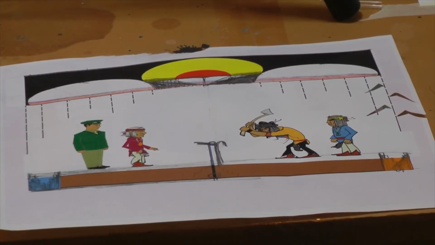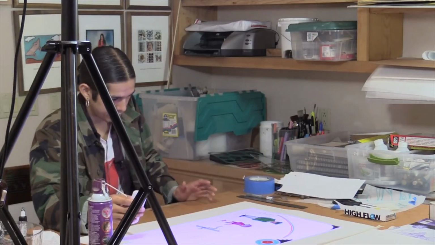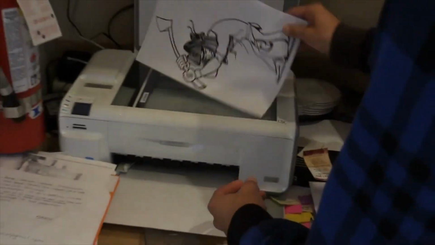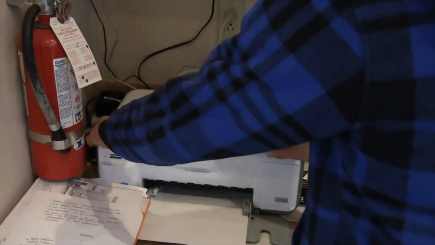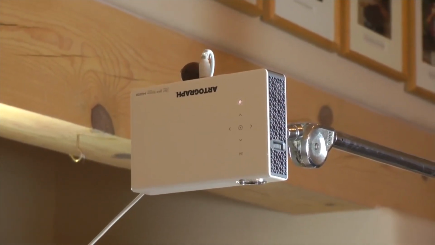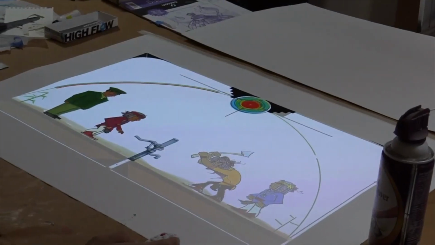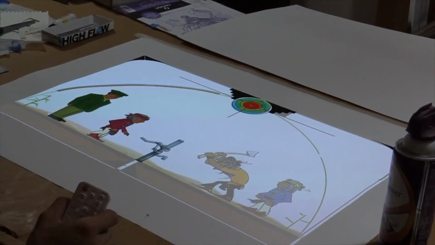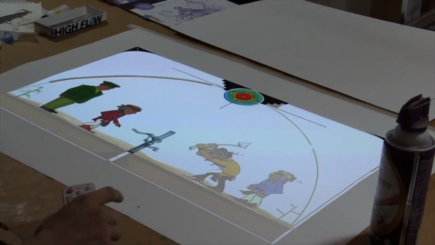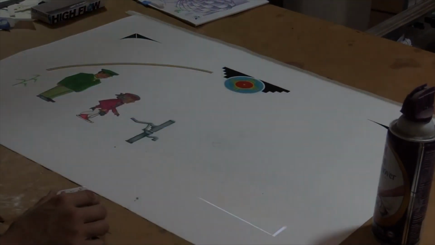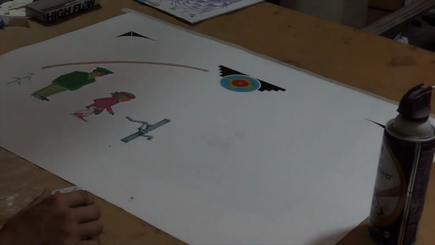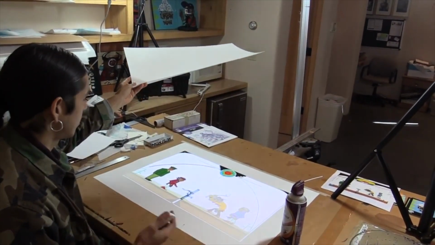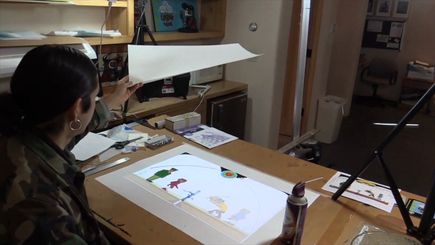To see what it might look like, I put the file into a digital scanner, which I've kind of rigged up onto an easel for an overhead projection. So here I have the image projected, and this was kind of a rough guideline. You can see the rainbow. That's how I traced the rainbow here. I would keep this piece of paper here so I can go back and forth between the image that I want finally on the page and the image that I rendered digitally.